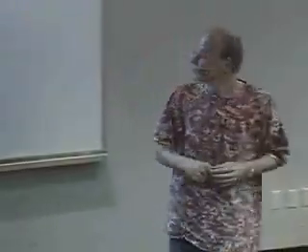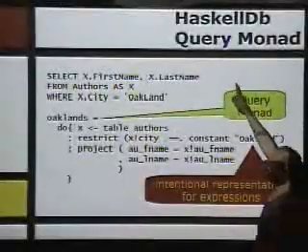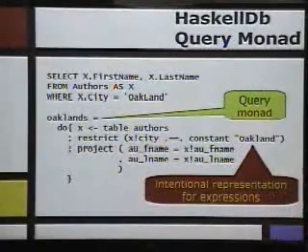Okay. So, as I said, we can have all these different examples of monads. So what we did in Haskell DB is we defined a query monad. And what is a query monad? Well, that's a collection that's represented by code that when you execute the code, it will return the collection. So again, it's a piece of code that when you execute it will produce a collection, which is really another collection, but it's kind of a deferred collection. That's an instance of a monad.